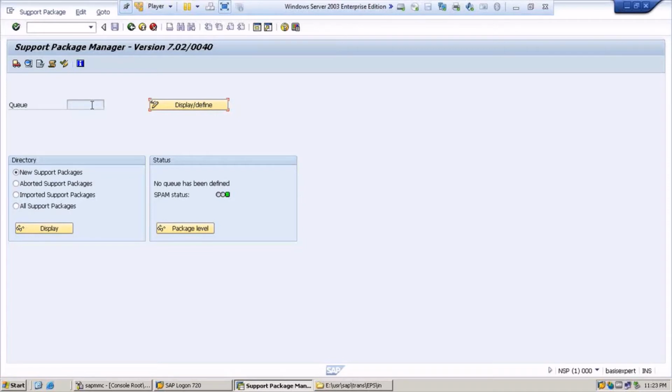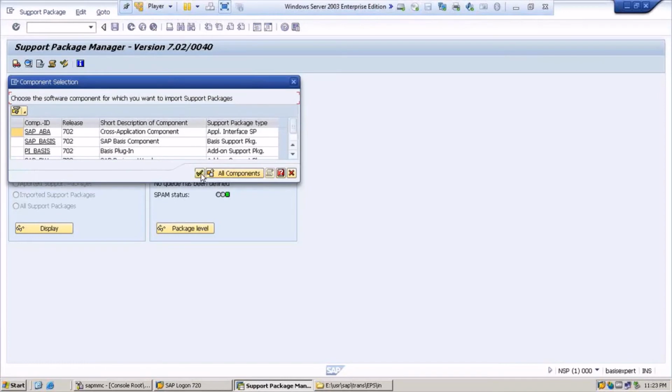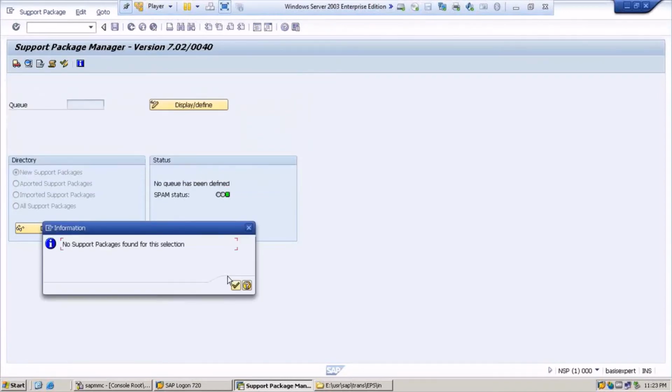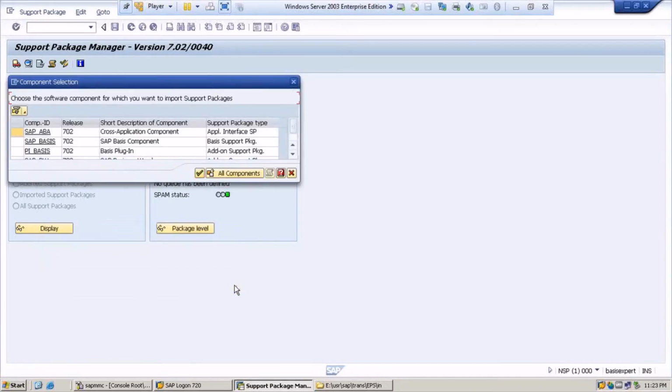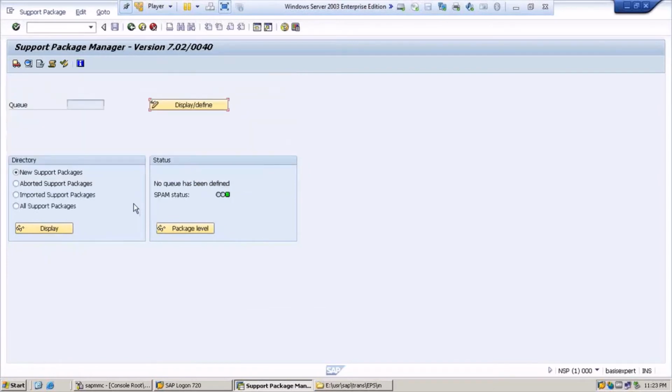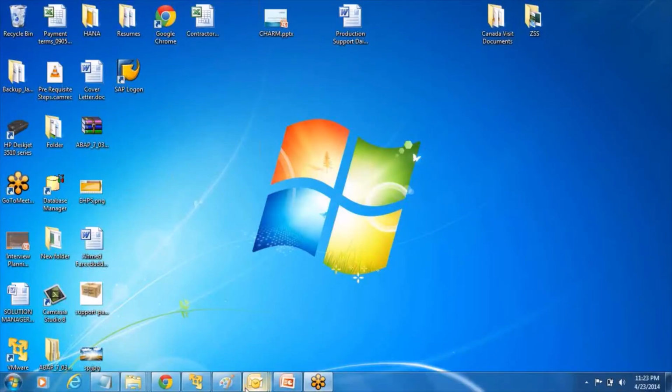So once you start importing, display and define, once you click on this, after that we have to continue, and once you hit continue, because right now there are no support packages, but once it appears, it will say to continue. So once you continue, then you will start applying the packages. Packages usually take about 2 or 3 hours depending on how many packages you are going to import, right? So once that is done,